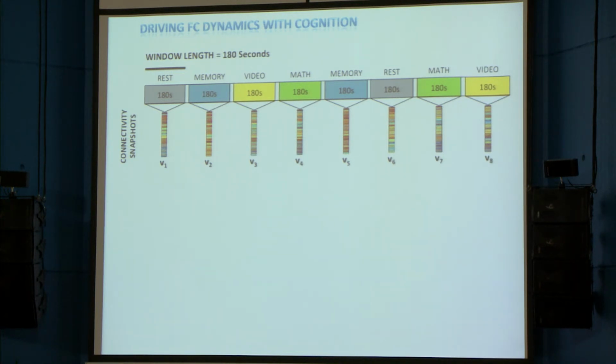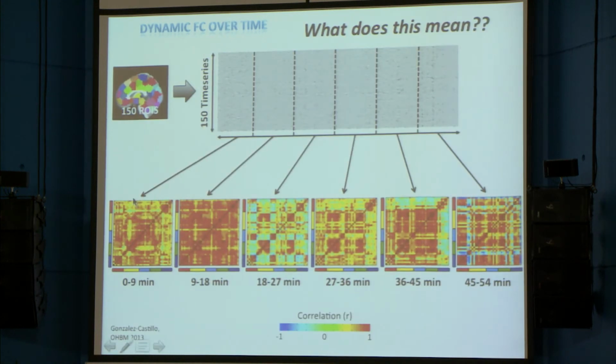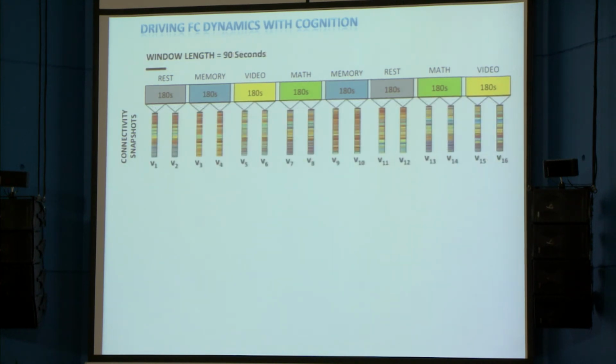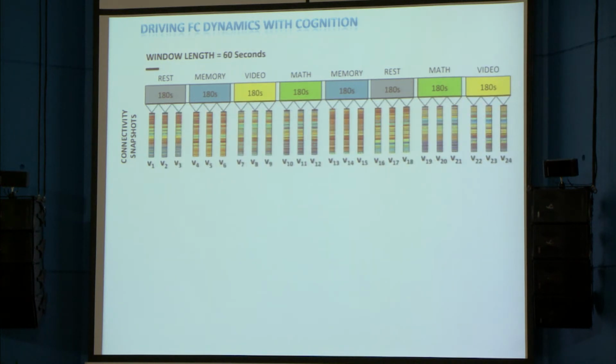And so what we do is we make connectivity snapshots, which is essentially a vector form of this matrix. So half of this matrix strung out in a vector form is this connectivity snapshot. Then we can divide this into smaller and smaller segments to get a sense of, if we know what they're doing, does our algorithm that looks at the correlation between these connectivity snapshots pull out what they're doing in the time series on an individual basis? Can we just tell what they're doing? And it turns out we can.